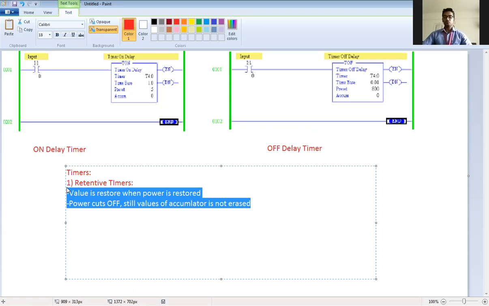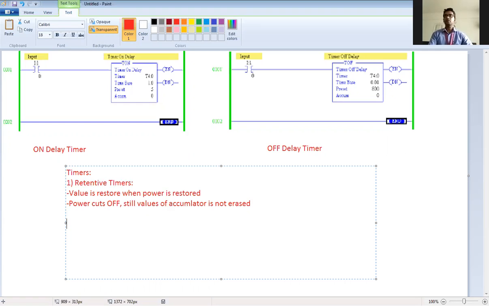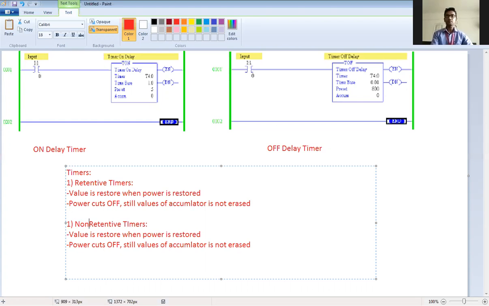Correct? So similarly, the second type of timer is non-retentive timer. So the value is not restored when power is restored.